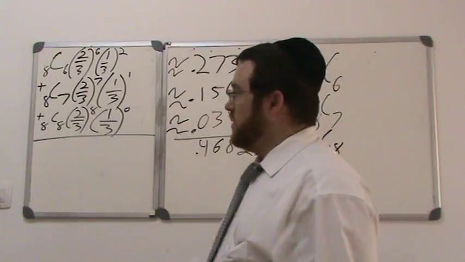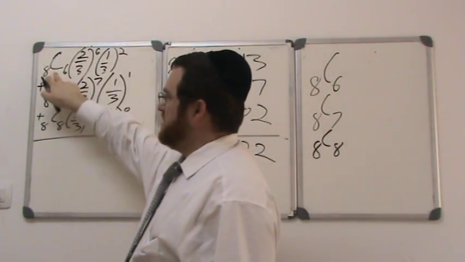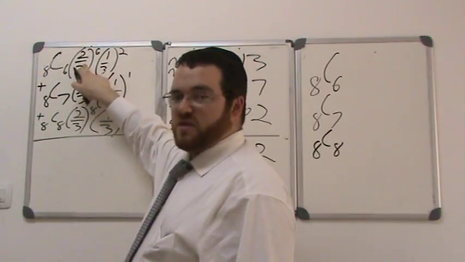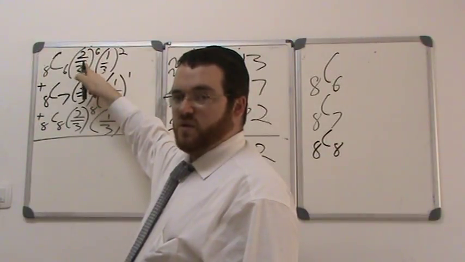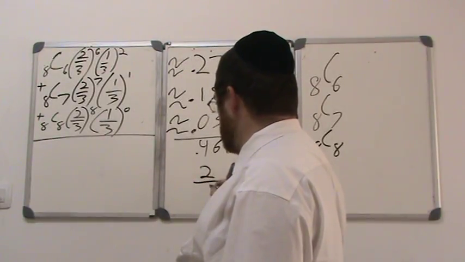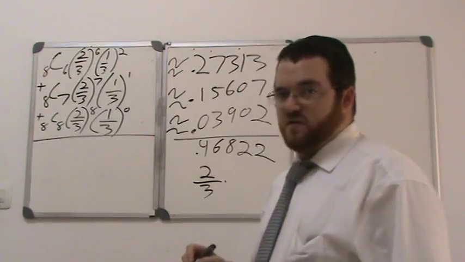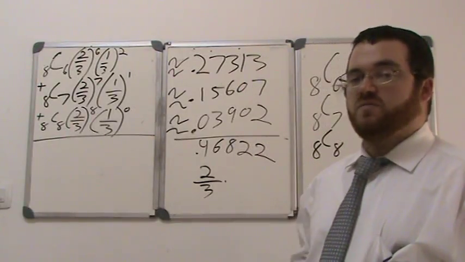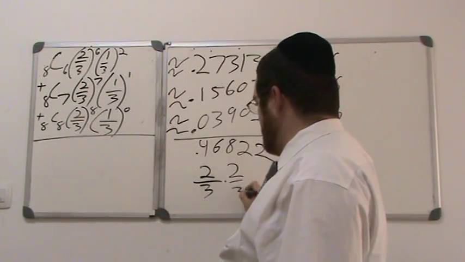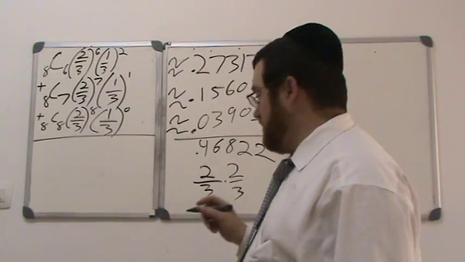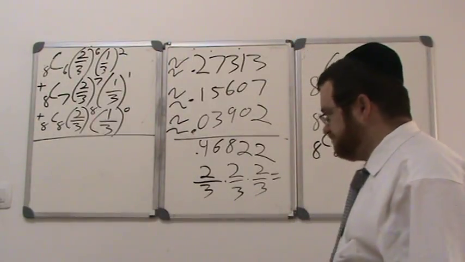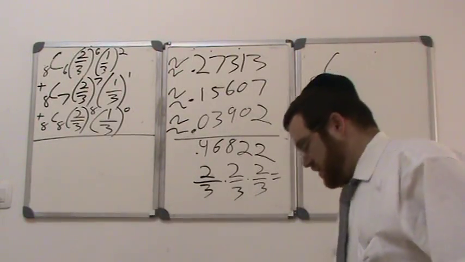Now how do you work it out? It's 8 games, combination of 6 games they're supposed to win, times the probability of them winning, and that multiplied 6 times, because we want them to win each time. Let's say they won the first game, the probability of them winning the first time is 2 out of 3. The probability of them winning the second time is also 2 out of 3. However, the probability of them winning one game after another is 2 over 3 times 2 over 3. And the probability of them winning a third game in a row is another 2 over 3. And if you multiply that together, that will give you